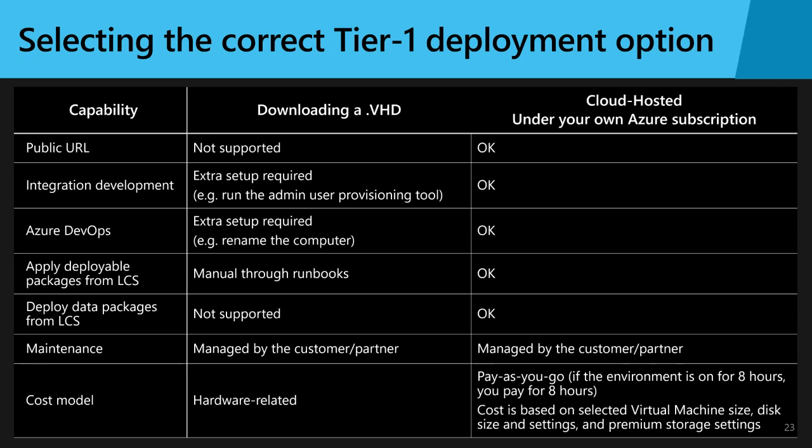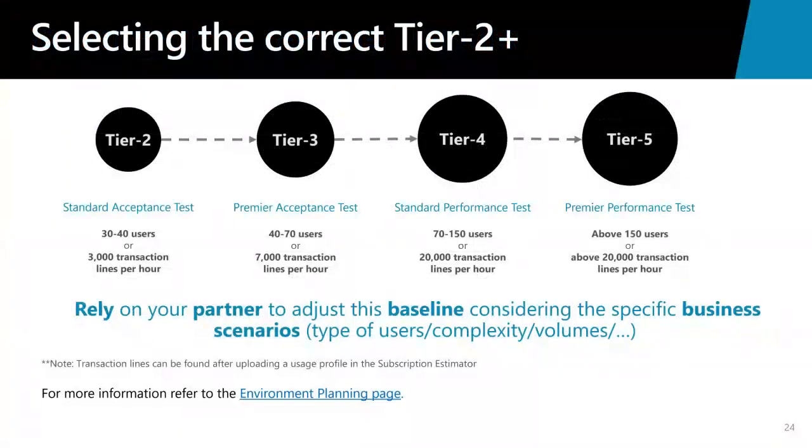Okay, next let's talk about how to choose a correct tier, so tier 2 and above, for testing and other purposes like training and data migrations, etc. For those purposes, it's important that you choose a correct tier 2 or higher environment to conduct those activities. Basically, the more users or transactions that need to be handled in 1 hour, the higher tier you need to